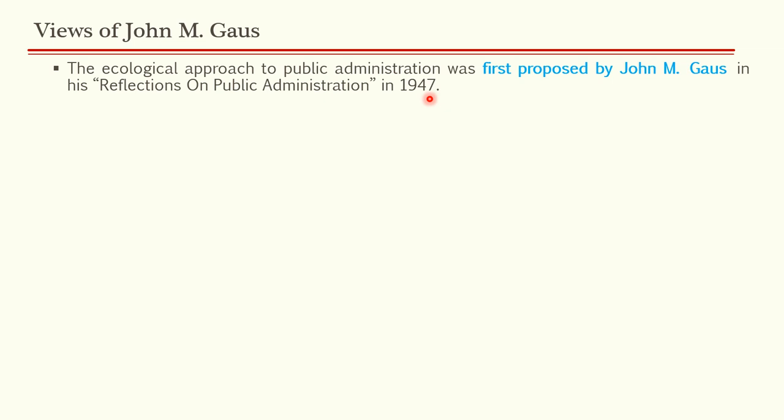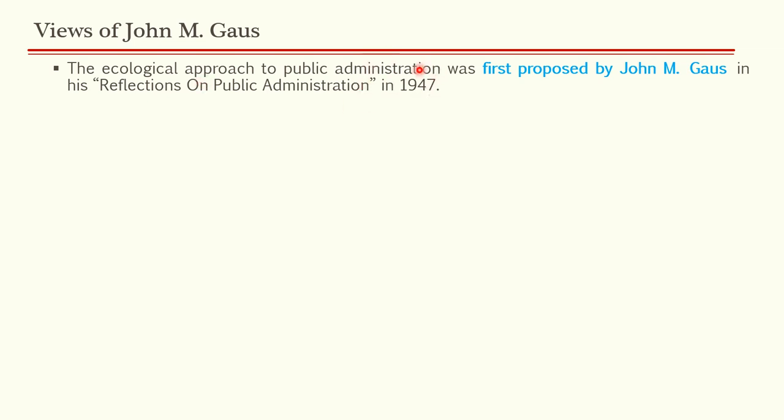People were coming up with new ideas, and it is during this time that John M. Gaus came up with his idea of the ecological approach. He said that we have to take the environment, the society also into consideration. We cannot just be principle driven and rules driven. सब कुछ ऐसे principle और rule वाला नहीं हो सकता. आपको society को भी consider करना पड़ेगा, आपको ecology और environment को भी consider करना पड़ेगा. And this ecology is not the ecology of biology, as we have already studied. This is administrative ecology we are talking about.